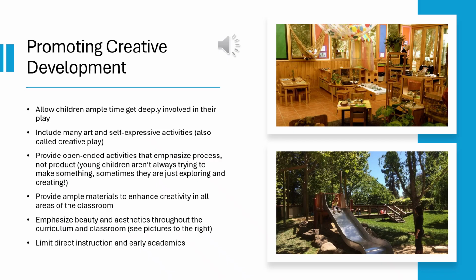So finally, to wrap up, let's talk a little bit about how to promote children's creative development. So one is children just need time. We need to make sure that children have at least 60 minutes to play and openly explore materials in their classrooms. That's about how long is needed to get down deep into your work, and that's when creativity comes, is when we get down deep into our work, creative minds go.